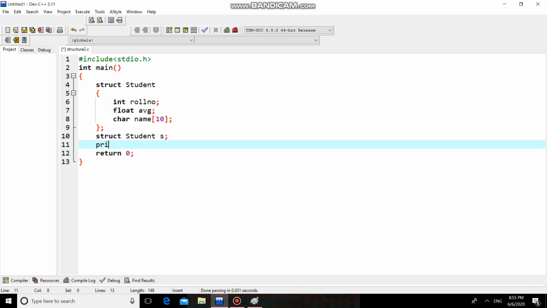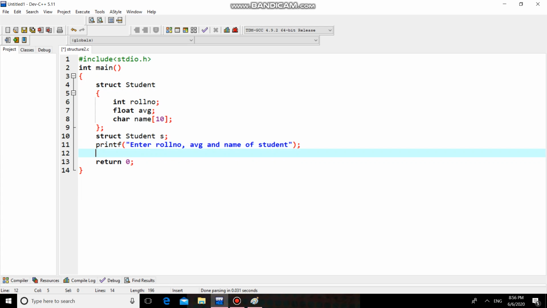Now read the values of the structure: roll number, avg, and name of student from the user. Scanf. So I am using runtime initialization.